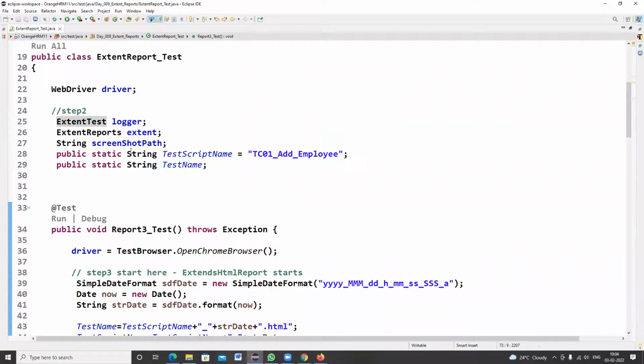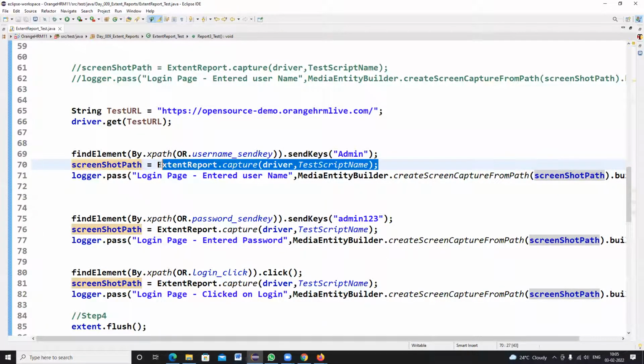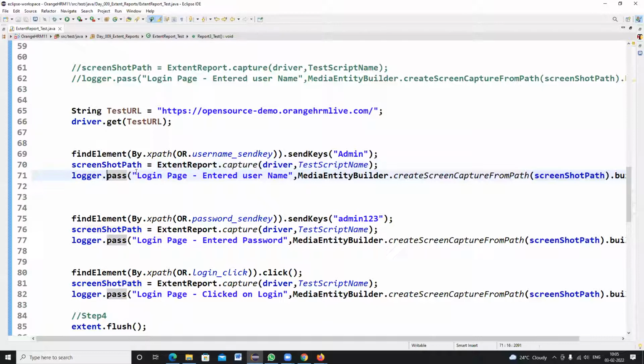See the string, this is the one: screenshotPath is equal to extent report dot capture of driver comma test script name. So the snapshot will be captured and the snapshot path will be saved here. And logger dot pass, and within the double quotation, you can write whatever message that you want to write.